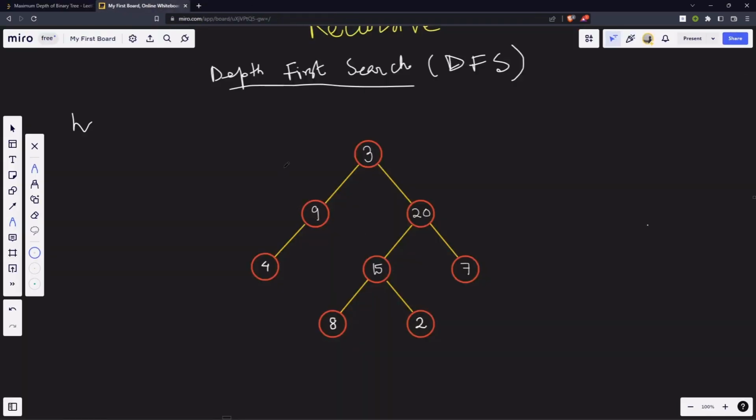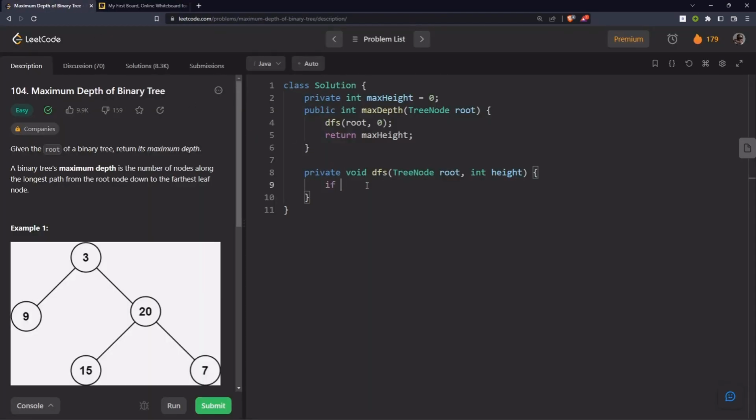See, when I explained, what did I do? We came like this, we came like this, then we saw that we have nothing here, so we came back. Then we came to this side, we saw we have nothing here, so we came back again. So this nothingness is going to be our base case: if we don't encounter anything, we will not perform anything. We will simply roll back from there itself. We will return, right? So if root is null, simply return. Otherwise